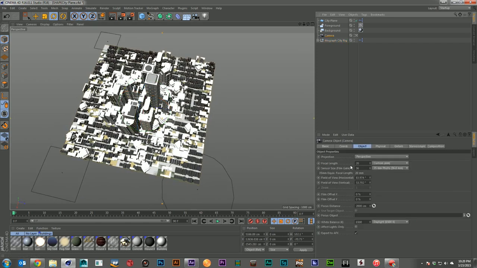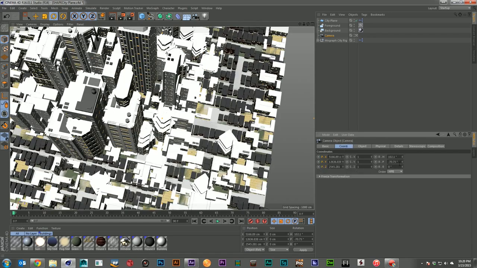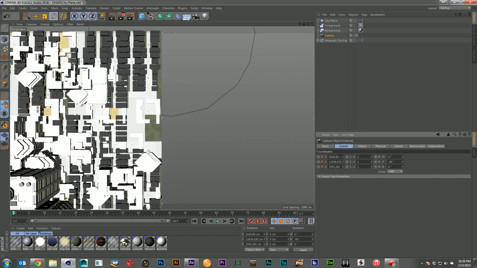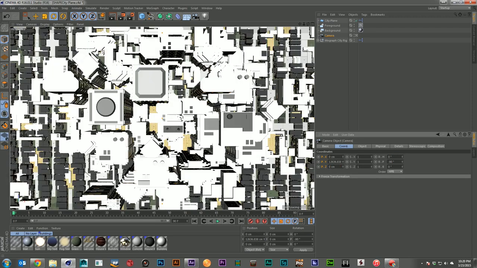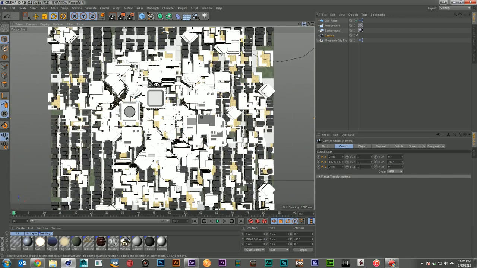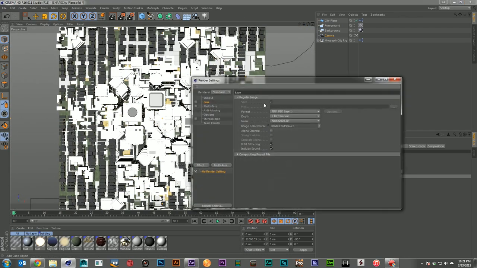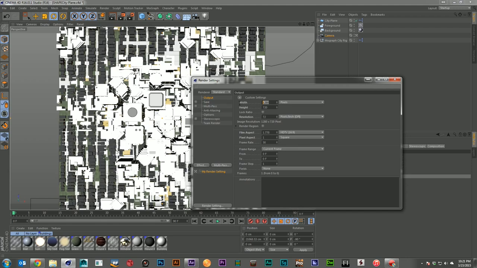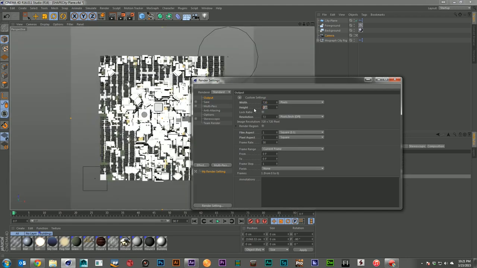And I'll take my camera, switch it over to a 50mm lens, and we'll go -90. And we'll zero out our X and Z, and we'll pull back. Let's make this a square as well. So we'll go 720 by 540.